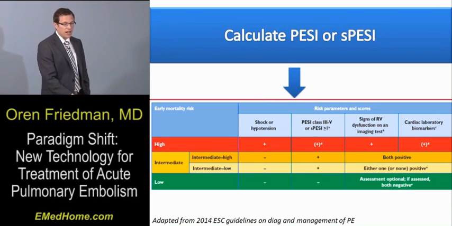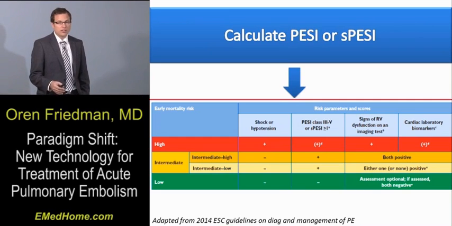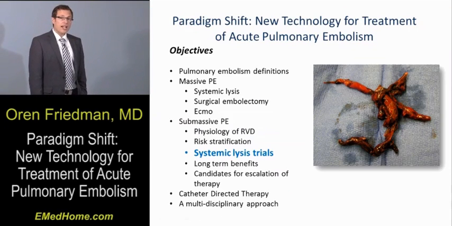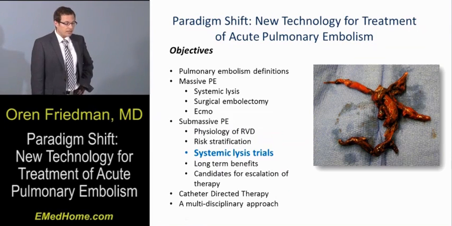And of course, the patients that are in the highest category are those patients that are clinically unstable. If you have a patient that is unstable, there's really no need to go ahead and calculate any of these scores, because you immediately know that bumps them right to the top. So with that, I'm now going to move on to some very important randomized clinical trials looking at systemic lysis